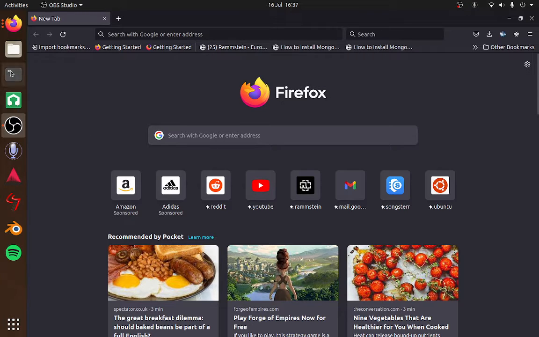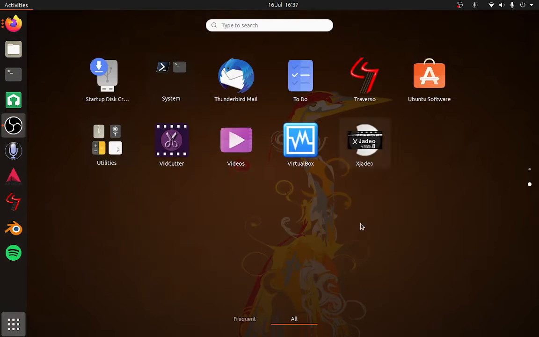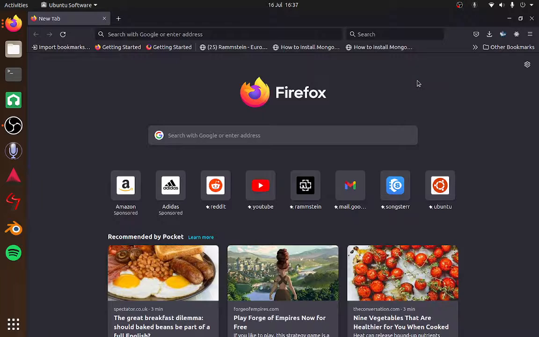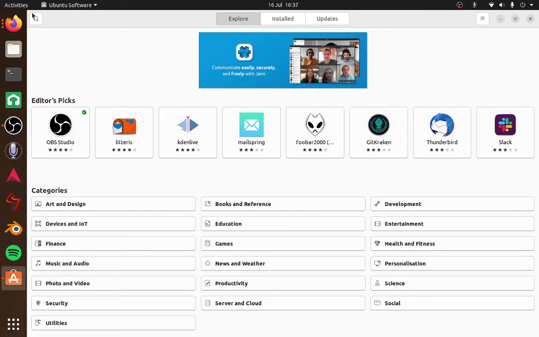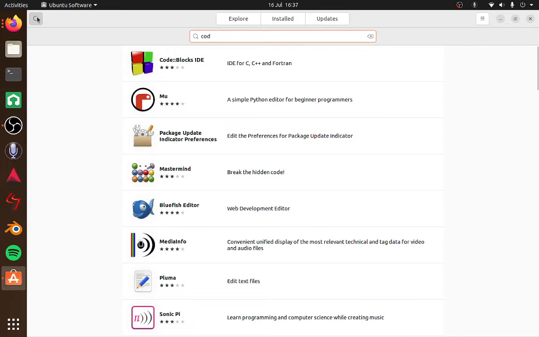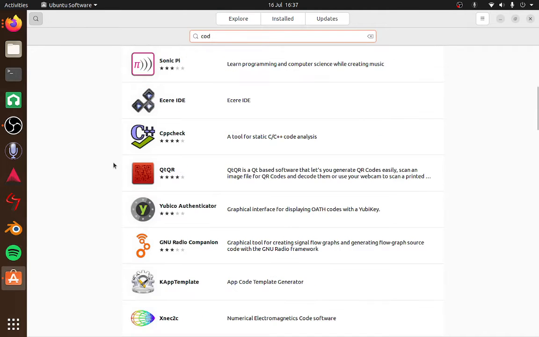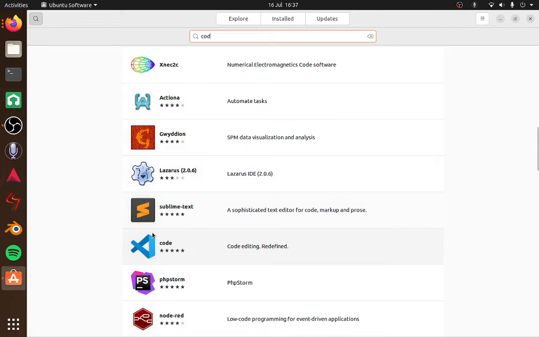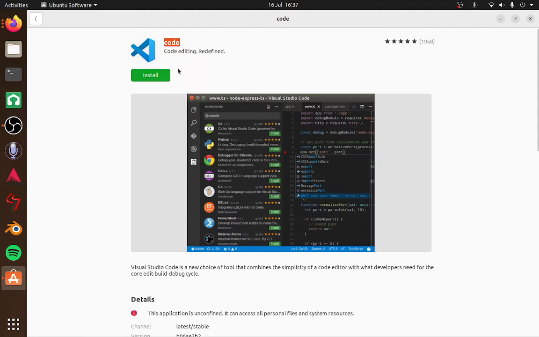Okay, so the first method is using the Ubuntu software. So you just open it up, okay? Then you need to type code. I type cod because something's wrong with code itself. Okay, then you go here, then you can just click install, then you'll be asked for a password and then it will